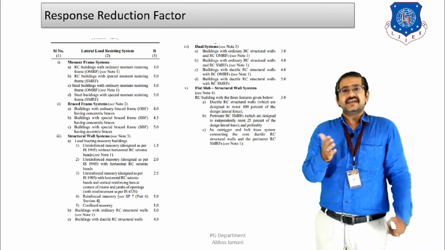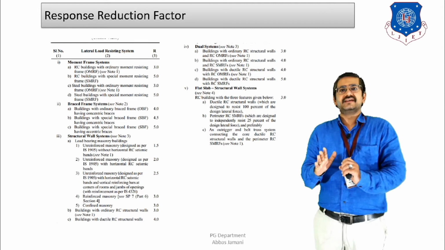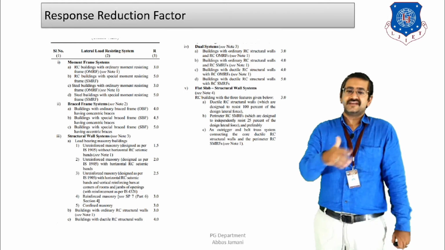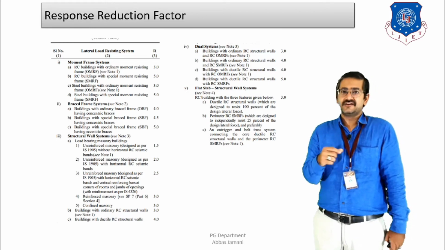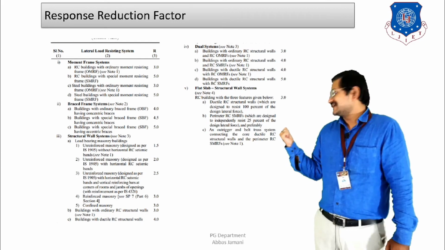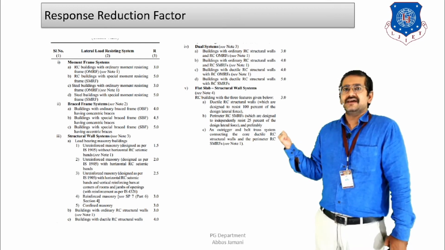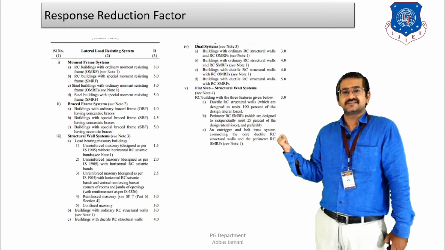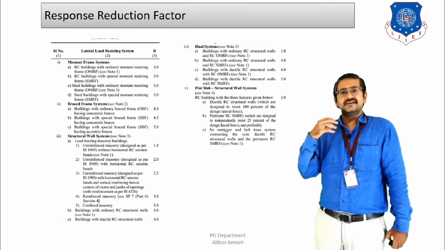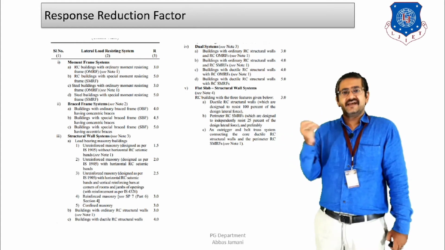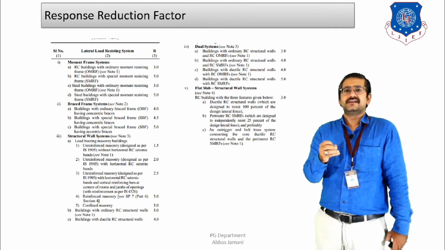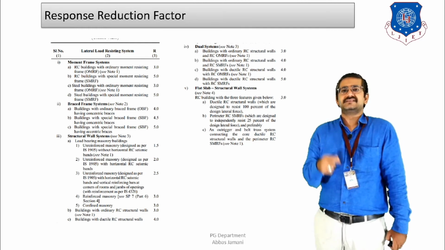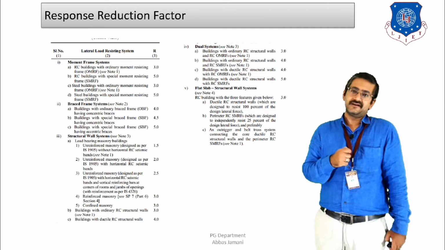In case of the dual system, whether all the force is going to be evenly distributed based on the lateral stiffness, or only the moment resisting frame is going to carry 25% of the load. So based on these different assumptions that you make as a designer, you have to select these values over here. However, you can see that the minimum value is R equal to 3 and the maximum value is R equal to 5, right? And if I take specific examples, in case of the dual system, where special moment resisting frame columns are there and at the same time structural walls are also there, then you can take a value of R equal to 4 or R equal to 4.5. And if the structure is such that only a moment resisting frame is there, then the value of R equal to 5 should be taken, right?